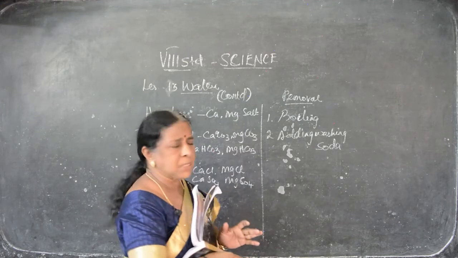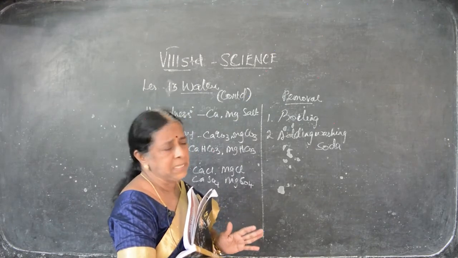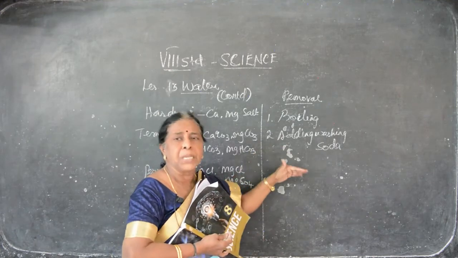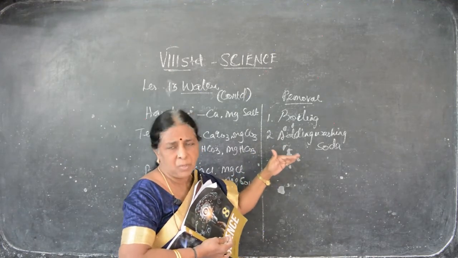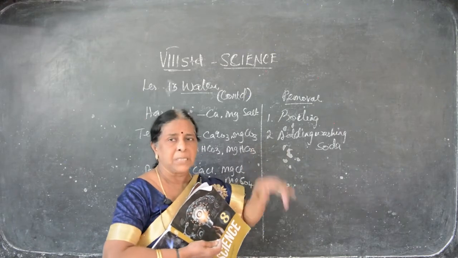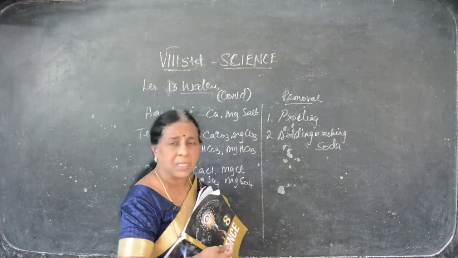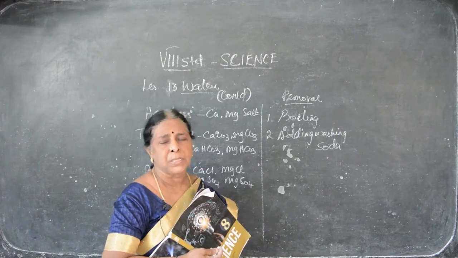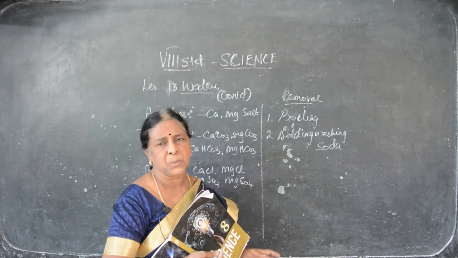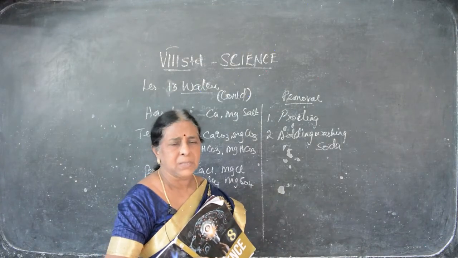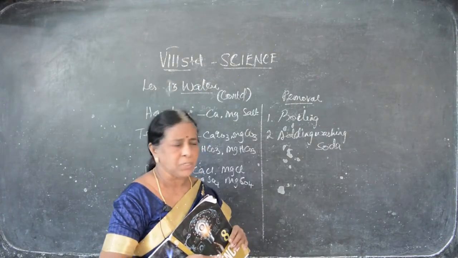There are 2 kinds of powders, baking soda as well as washing soda. Baking soda is used for cooking and washing soda is used for washing the vessels, the cycle parts and our rims and all. You can see in the cycle shops, they clean the rim with washing soda. Even for dirty clothes, if they are very dirty, we can use washing soda. If you boil hot water and add washing soda, all the dirt will be removed. So we can add washing soda.